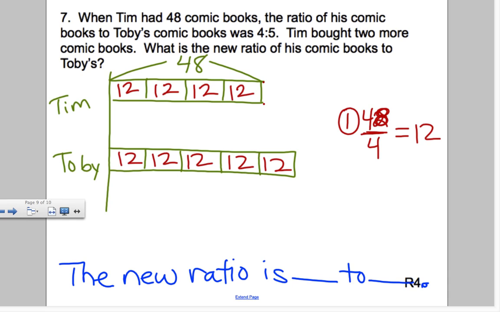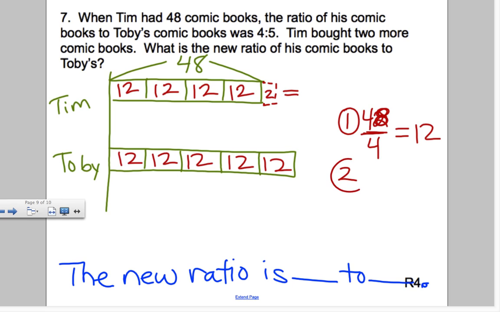We had 2 for Tim's. I'm going to try to see if I can get this more accurate this time. I can't make a really small one. There we go. That's as small as I can go on my board. But you guys can make an adjustment as much as you can. Obviously it's smaller than 12, so we're just going to go there. It probably could be smaller than that. But what does this equal?